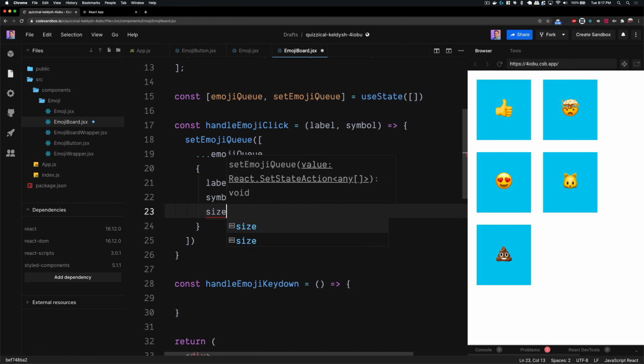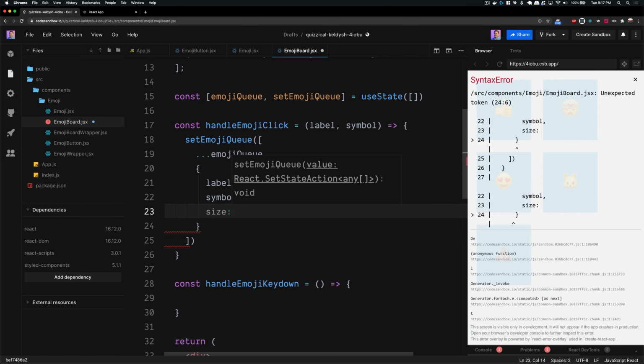Now, another thing we're going to do is set a size. We're going to set a left property, a 1, and a 2. And all of these are going to be used in the styled components, which we haven't yet written. And what this is going to allow us to do is pass in custom properties into those components, so we get different sizes, we get different animations, so everything looks really nice and organic without a lot of work in